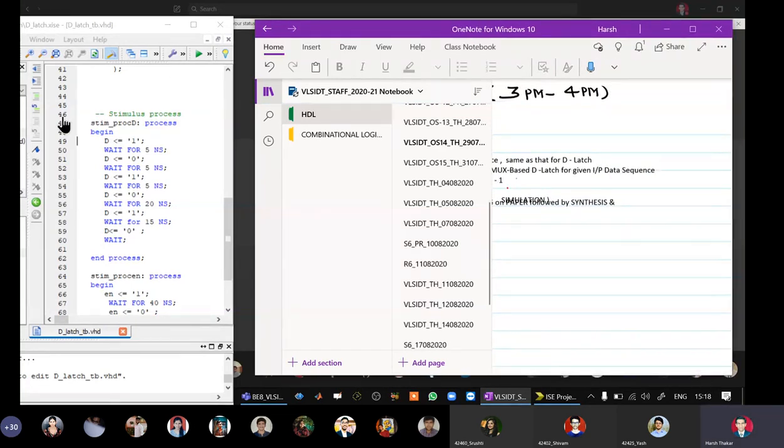Okay. So if I convert this particular process into a waveform, it will look something like this.